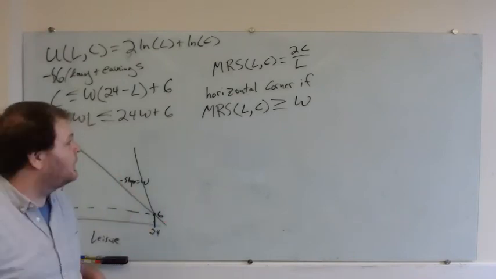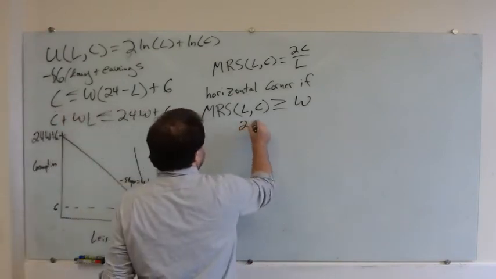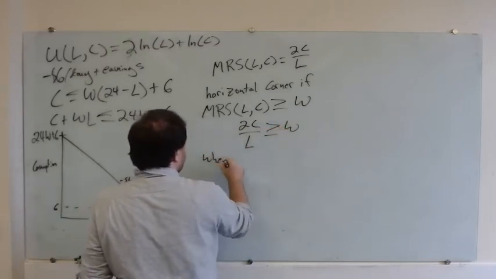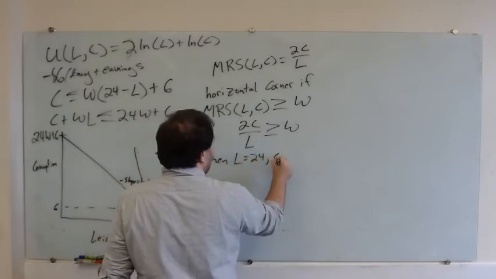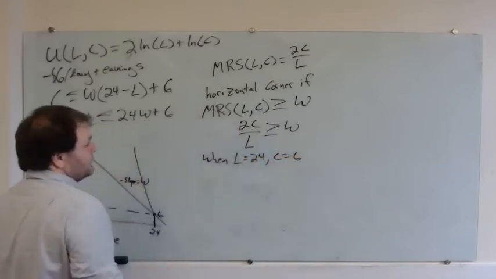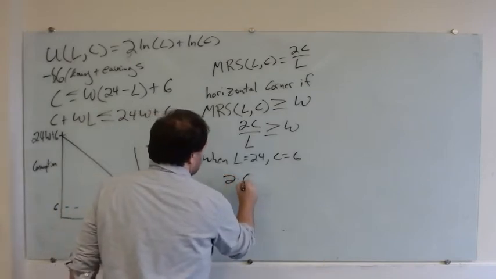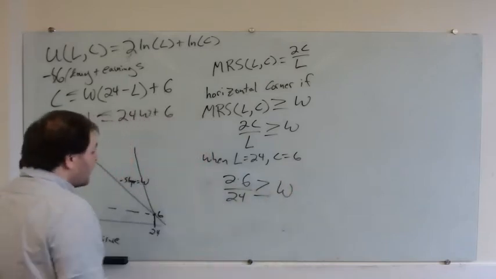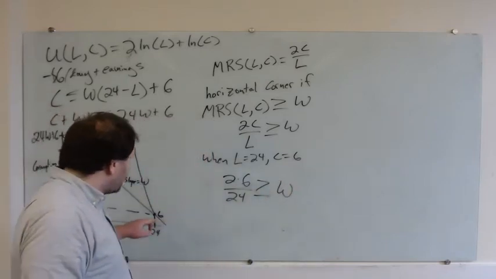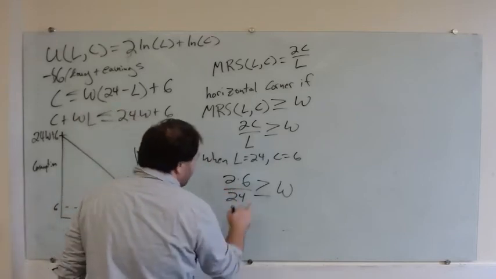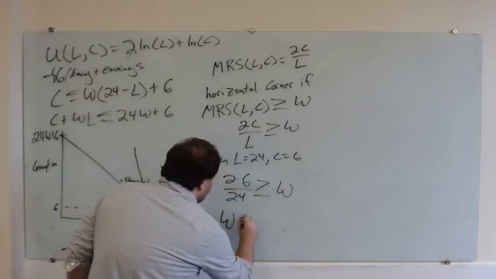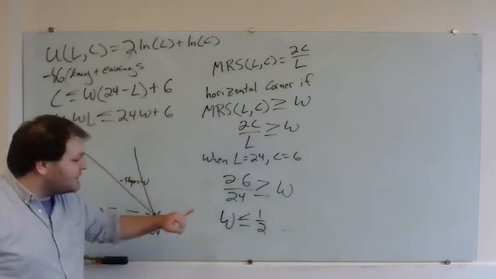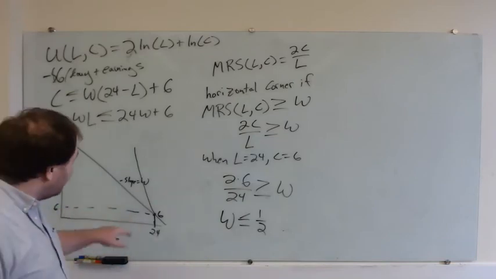Great. Okay, so that means that 2C over L has to be greater than or equal to W when L equals 24 and C equals 6, right at the corner. So 2 times 6 over 24 greater than or equal to W. In other words, I'm not going to work at all, right? I'm going to have a horizontal corner solution if 12 over 24 is greater than W. So if W is less than or equal to 1/2, right? At a wage less than 50 cents an hour, you say, forget about working, I'm letting my grandma take care